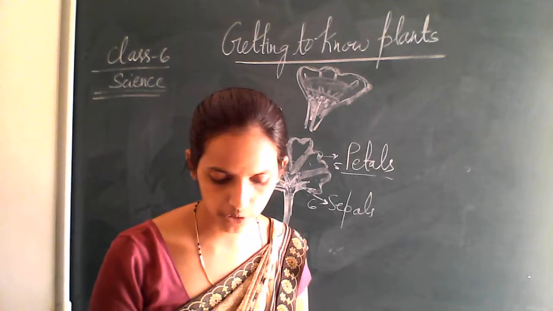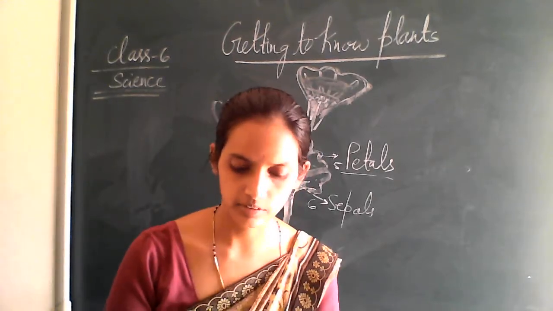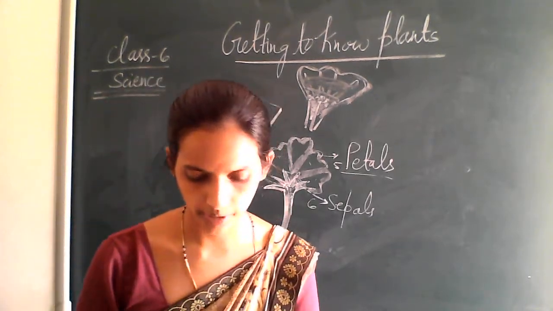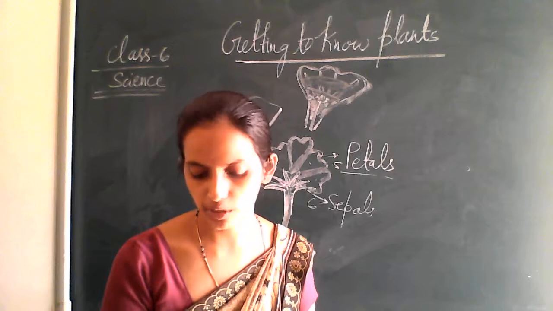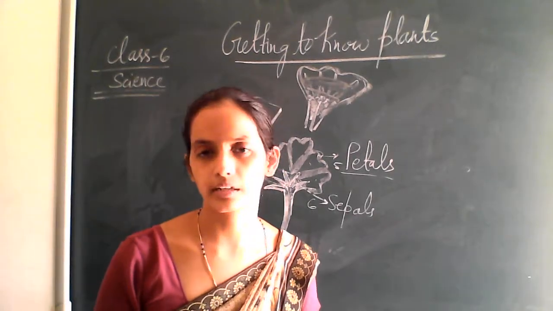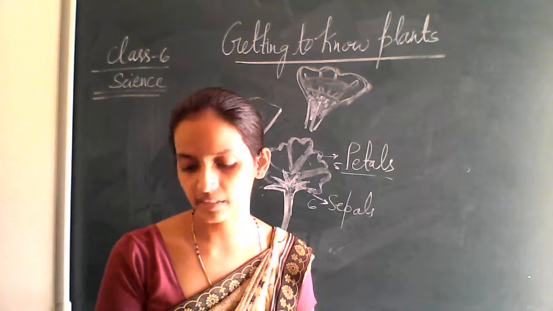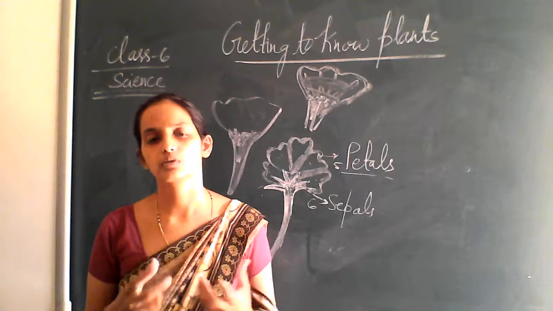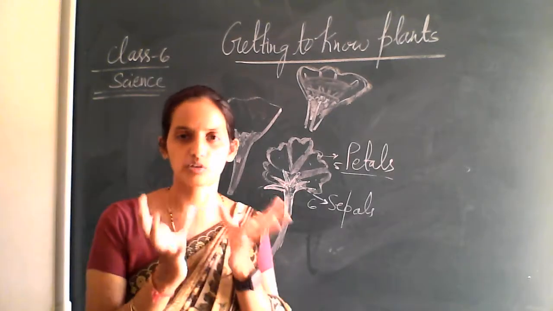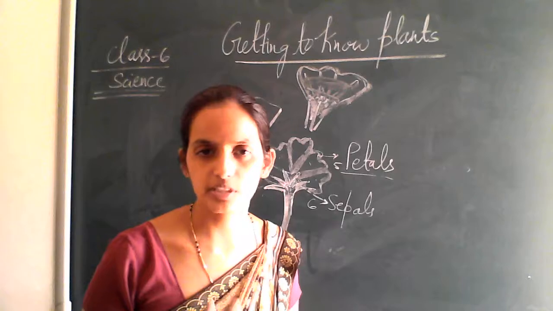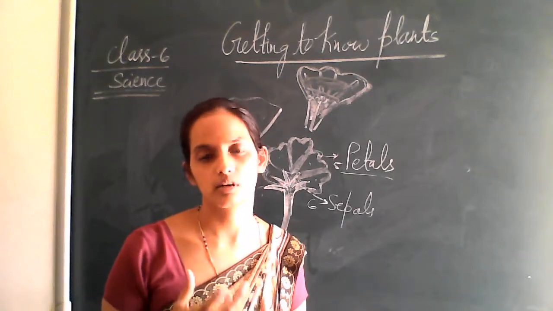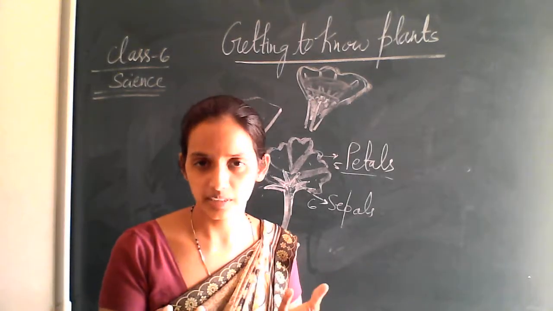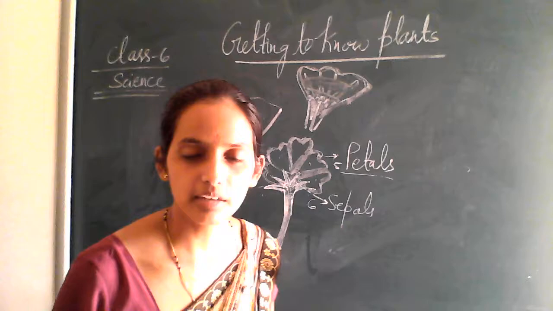So this is all about today's class. Once again, go through the topic, that is the flower parts, okay? In the next class we are going to study the stamen and pistil, anther, filament, other parts of the plant with the hibiscus flower, okay? We are going to study with a demonstration of the flower. Today I have just one flower, which is not actually a big size to demonstrate, right? But you can understand, right?